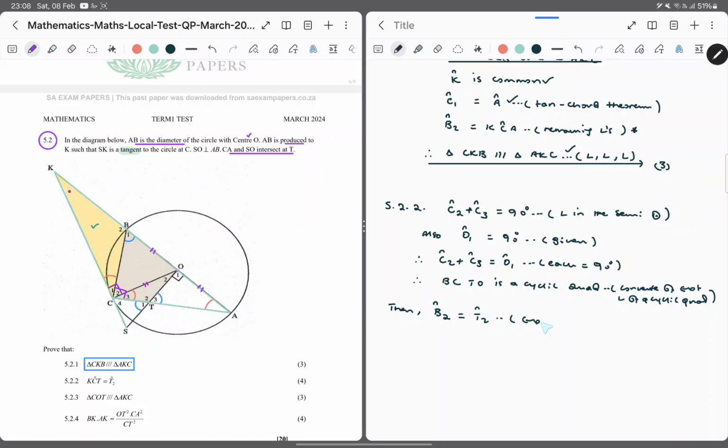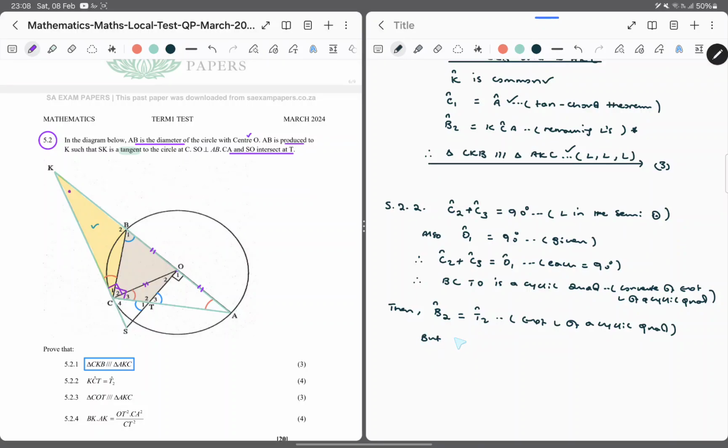Now, this is the exterior angle of a cyclic quad. Easy, we just proved the cyclic quad, and that's the only cyclic quad we can see, so we don't really need to specify it. We can safely say,